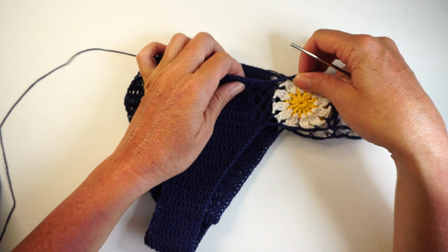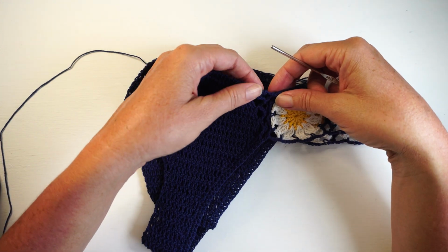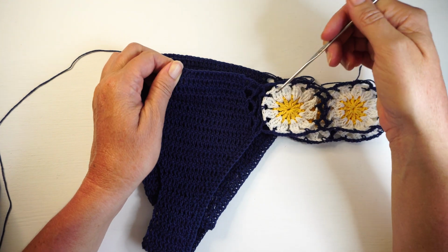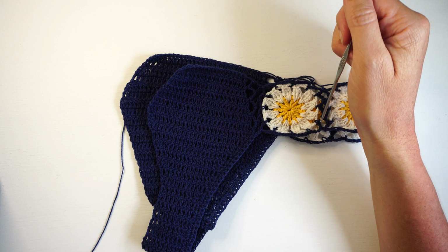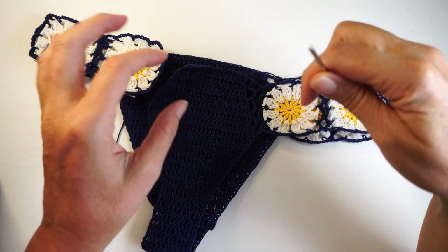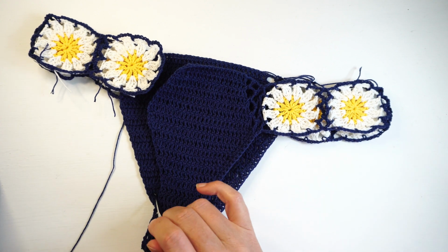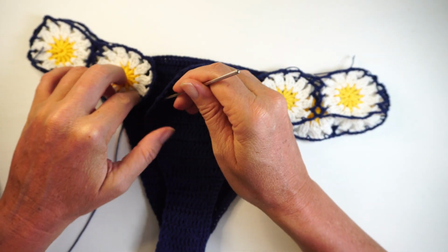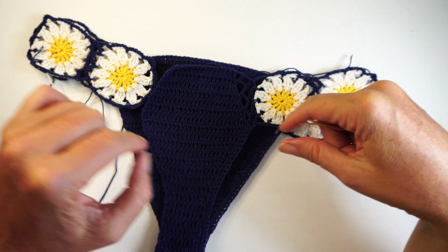Okay, so now we are going to start our bikini here, right here, making this same work we did on the other side and joining with these flowers. Okay, and then after that we're gonna finish this side and then finish the other side with the elastic. So I'm going to do this side, and then I'm gonna teach you how to add the elastic here, and elastic